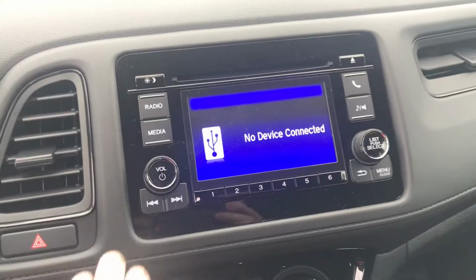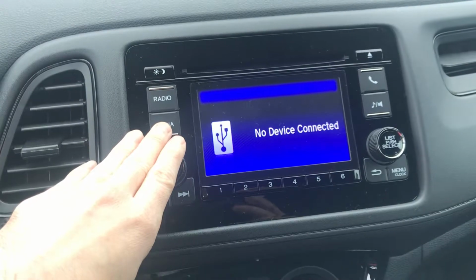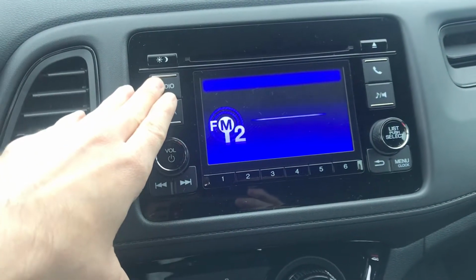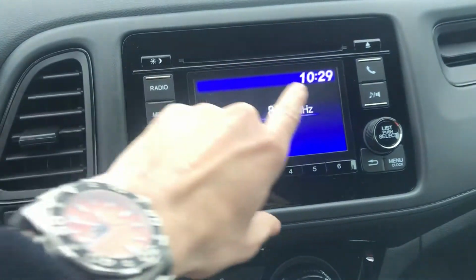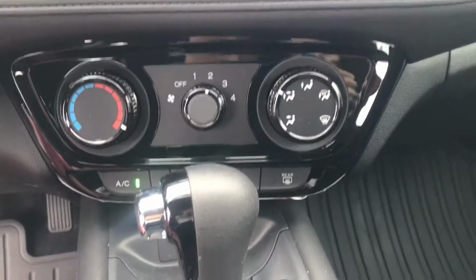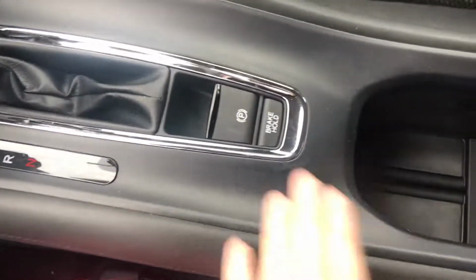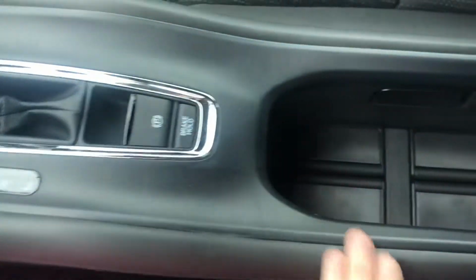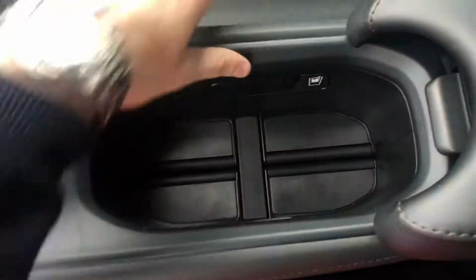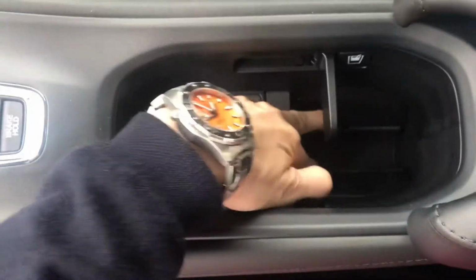You'll also be able to connect up your music through Bluetooth, AM and FM radio bands. You'll be able to connect your phone. Electronic parking brake, as well as a brake hold feature. Innovative cup holder design, so even if you do have a deeper cup,